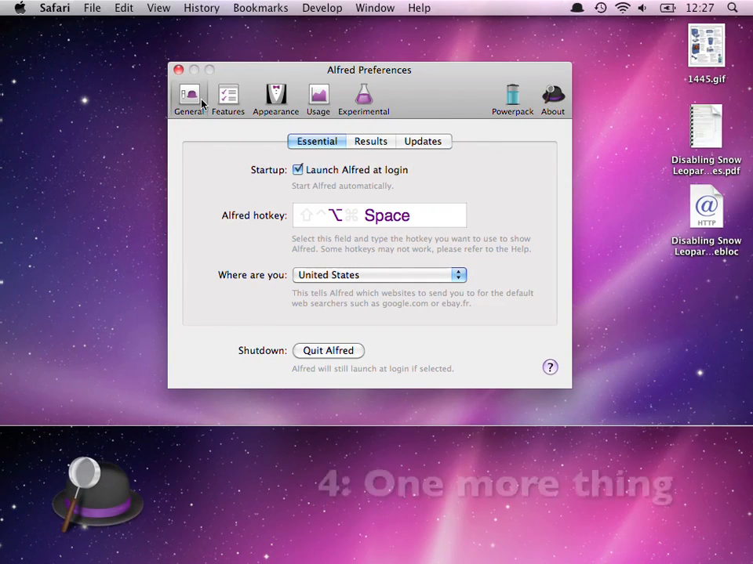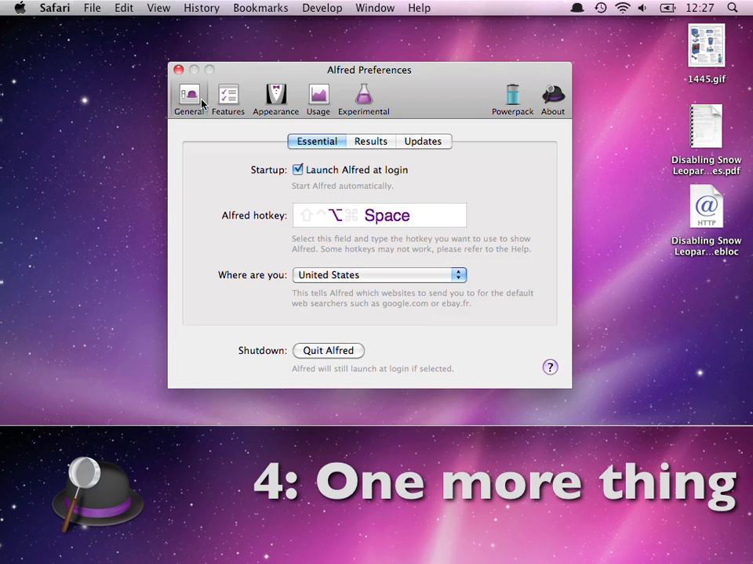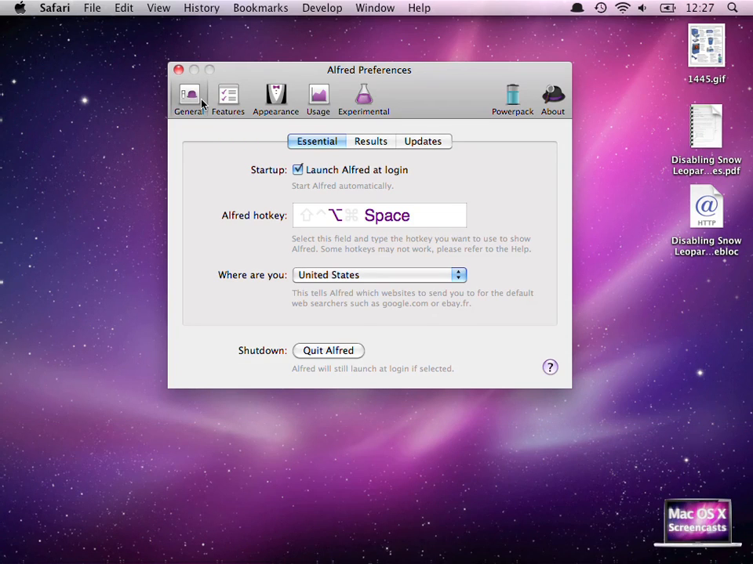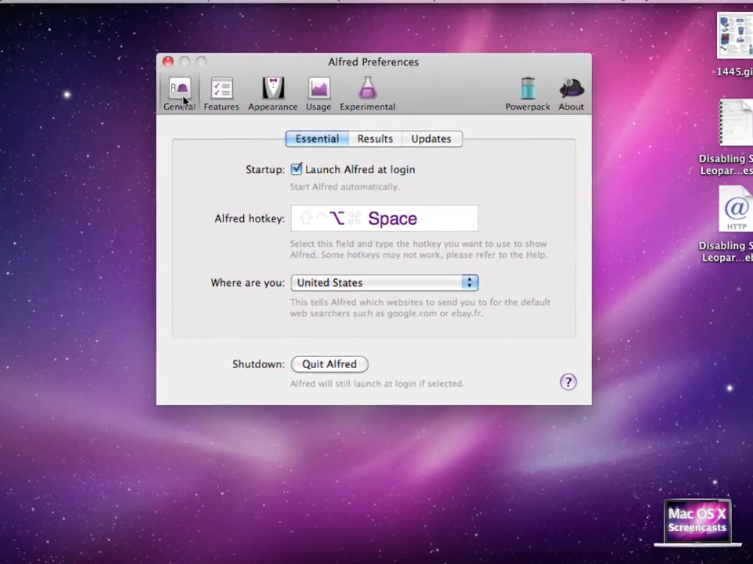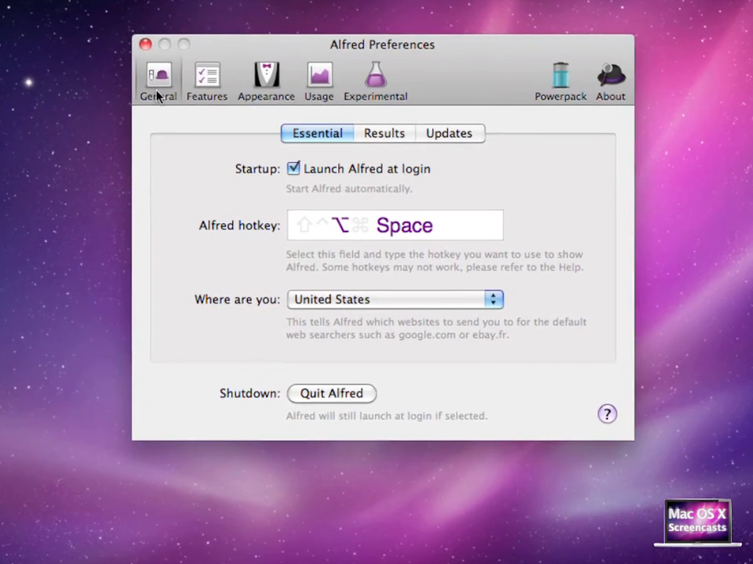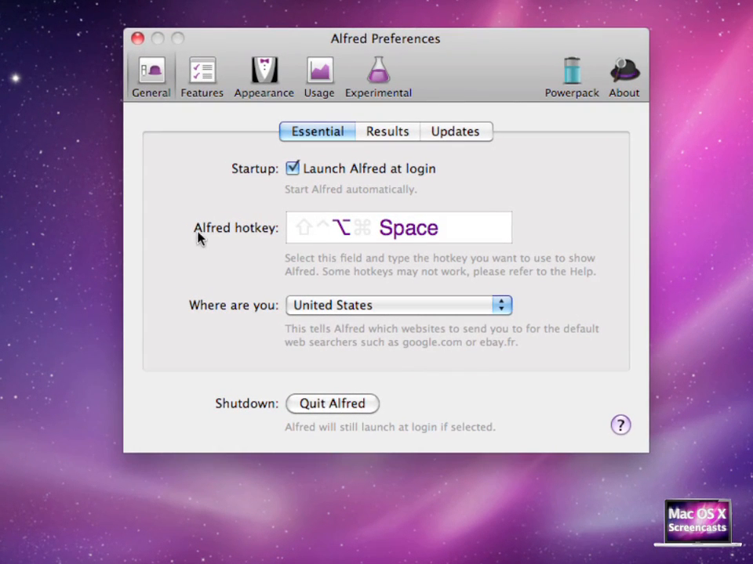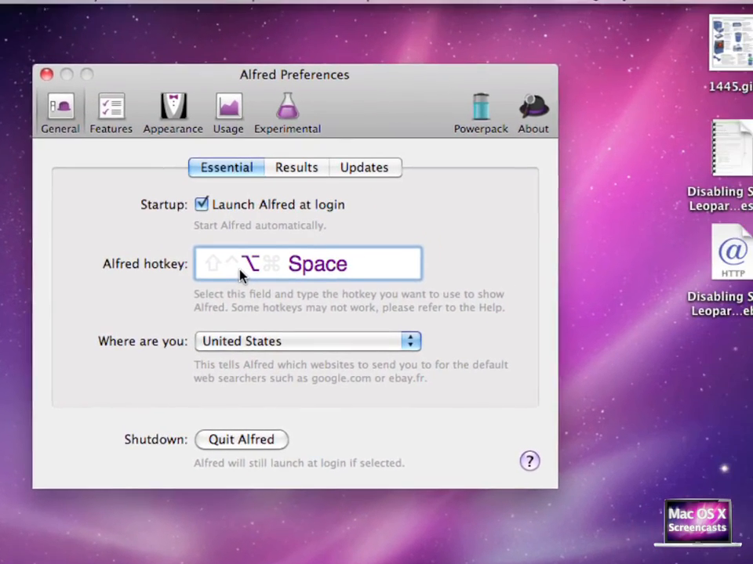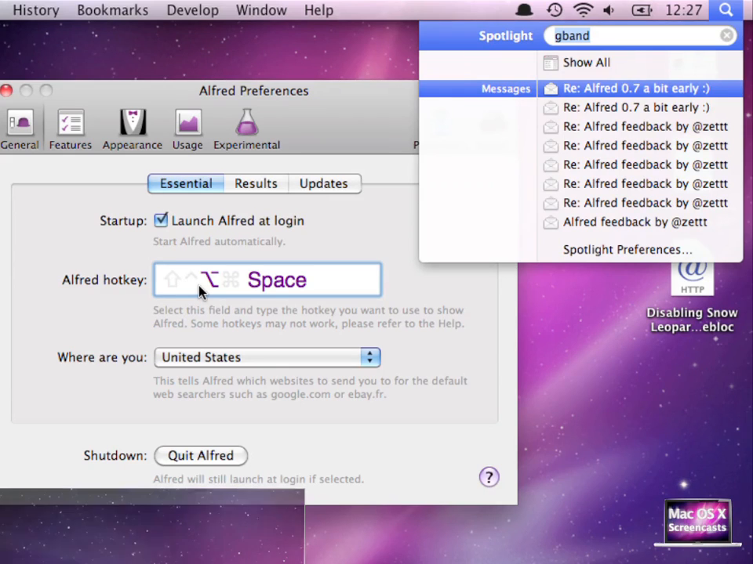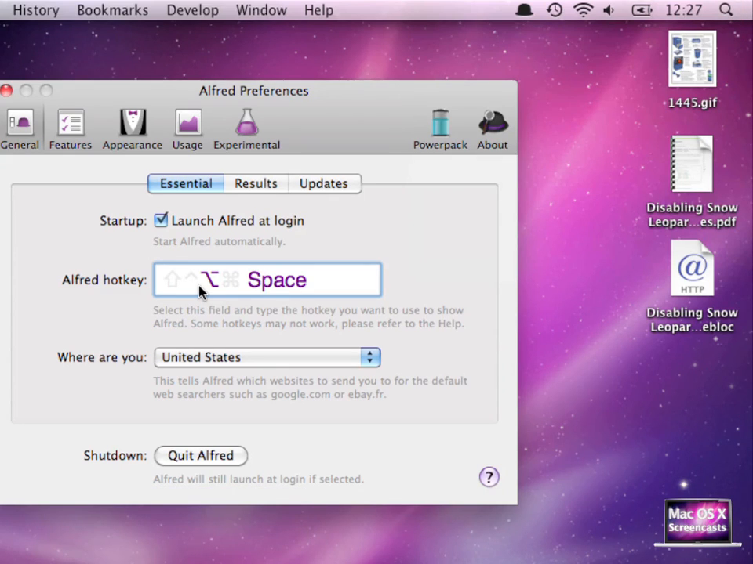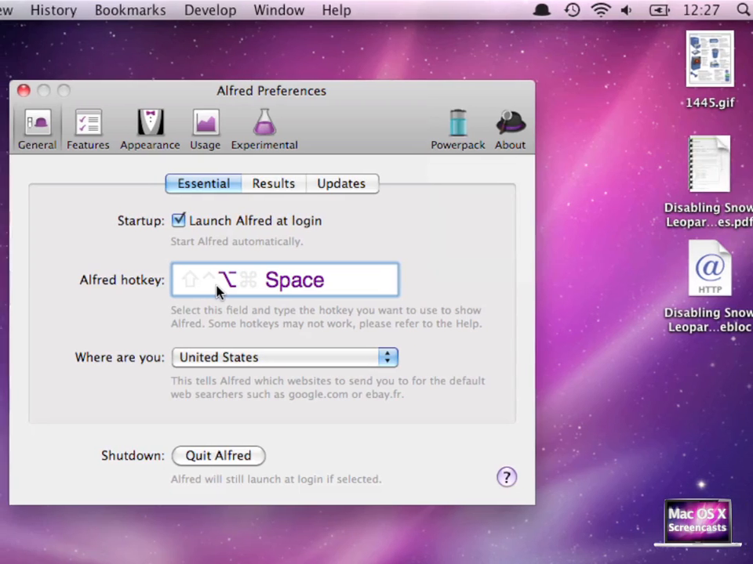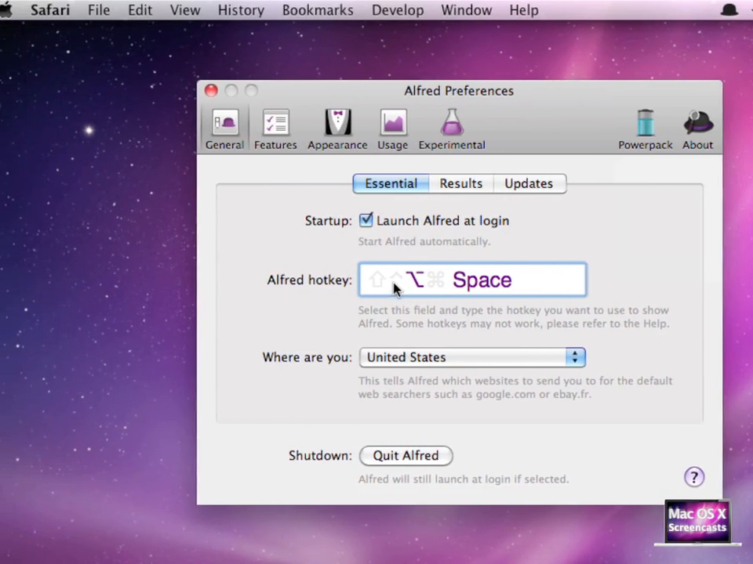Now for the last part of the screencast, we will have a look at some more functions of Alfred and how to make Alfred feel more natural on your Mac. For instance, if you open Alfred Preferences and go to the General tab, here you'll see an entry called Alfred Hotkey. Now if I highlight this text field and then type command space, you see that Spotlight opens. So in case you want to replace Spotlight with Alfred, because Alfred is just so much more awesome,